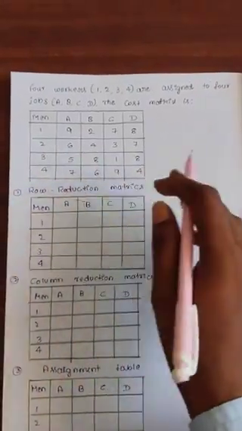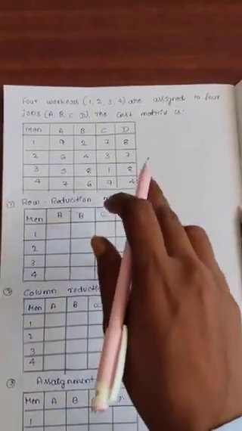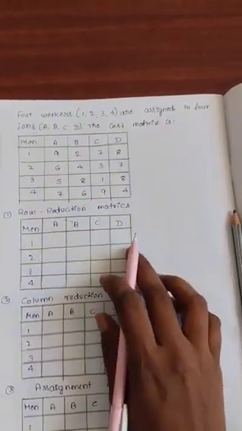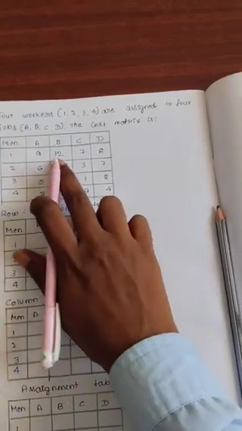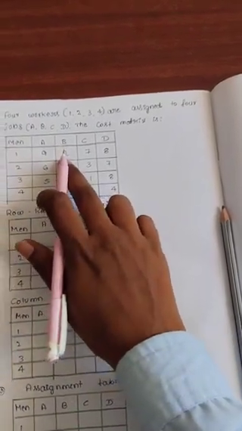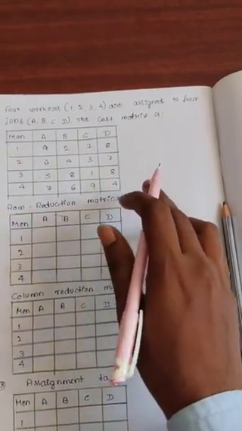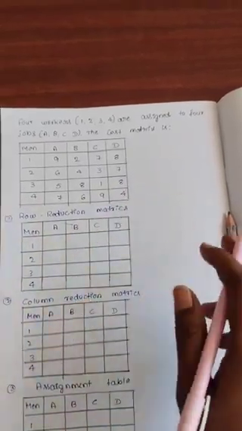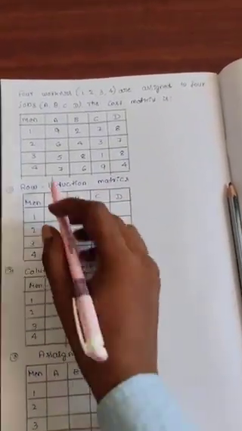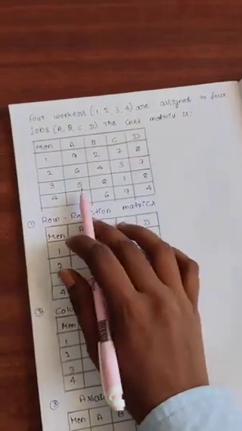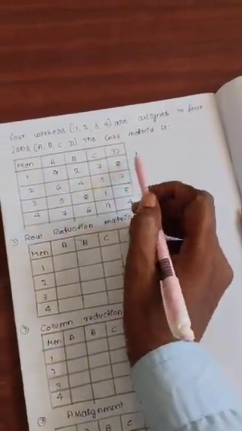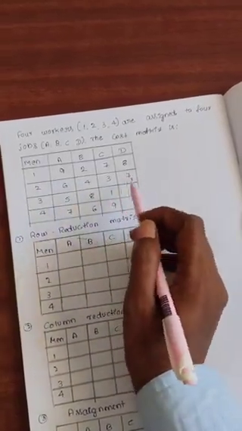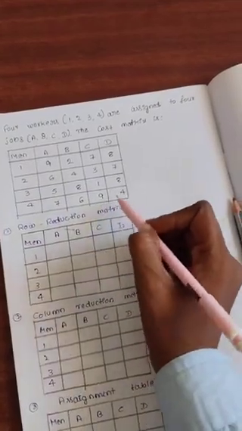Step 1 is row reduction. In the Hungarian method, the first step is row reduction. Here we find the smallest element in each row and subtract it from every element of that row. This creates at least one 0 in every row. The original cost matrix is: 9 2 7 8, 6 4 3 7, 5 8 1 8, 7 6 9 4.